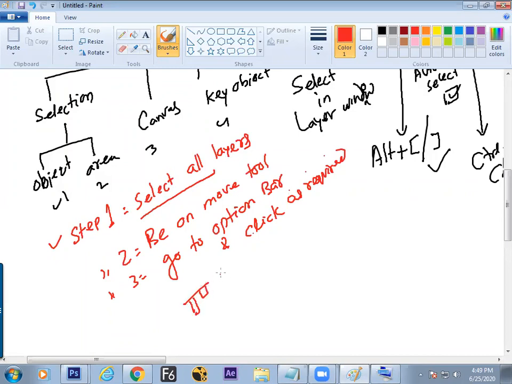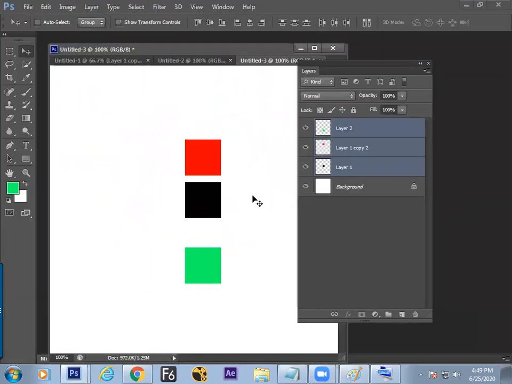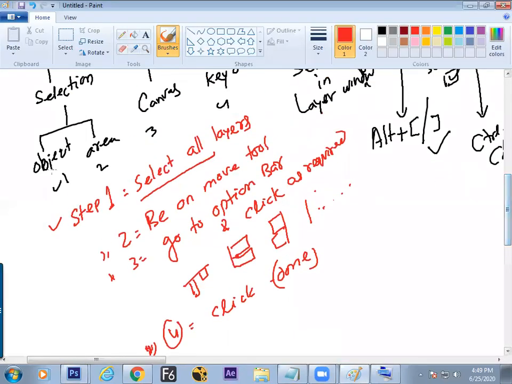Top align, left align, right align, and center and center. Okay, you can see it. 4th, click. Done. Step number 4, click on that. So we have understood now how to do the alignment with reference to what? Selected objects.